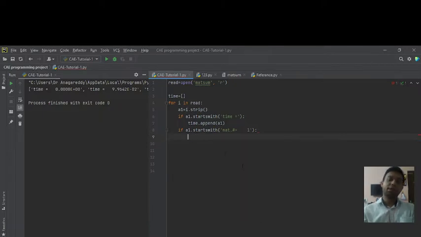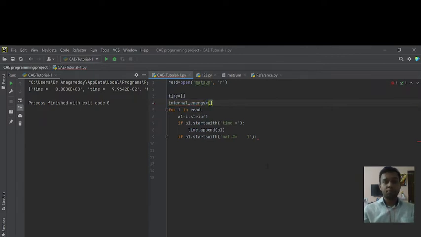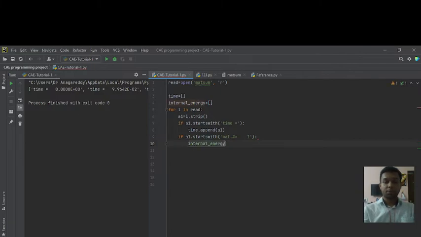For that I will create a second empty list, that is internal energy, and I will append this data to internal energy. Dot append a1, and we will check the data as output.